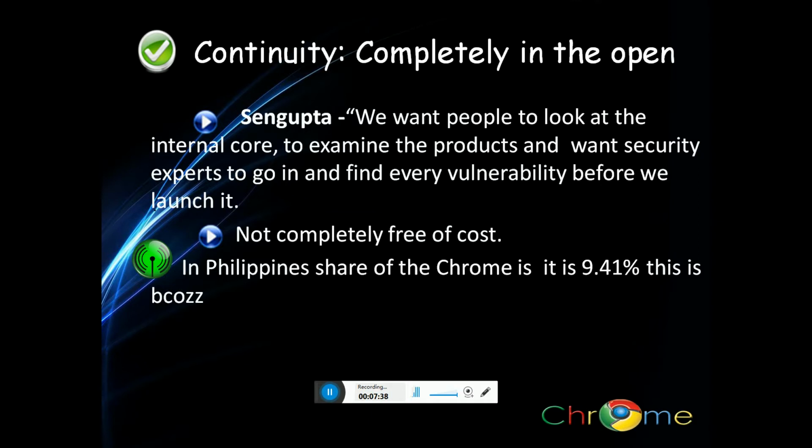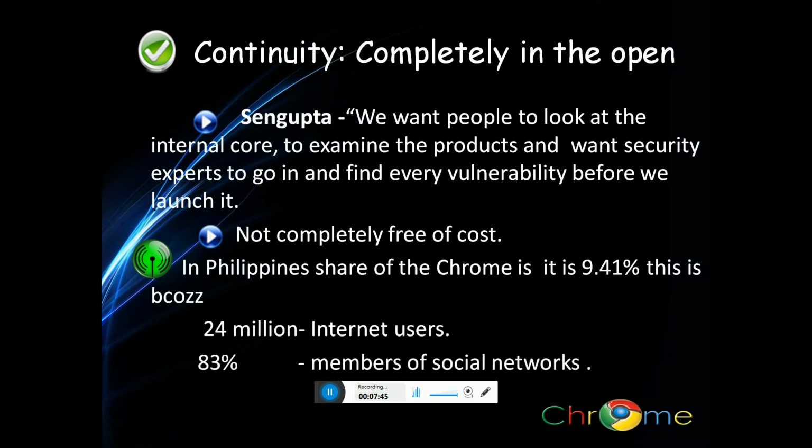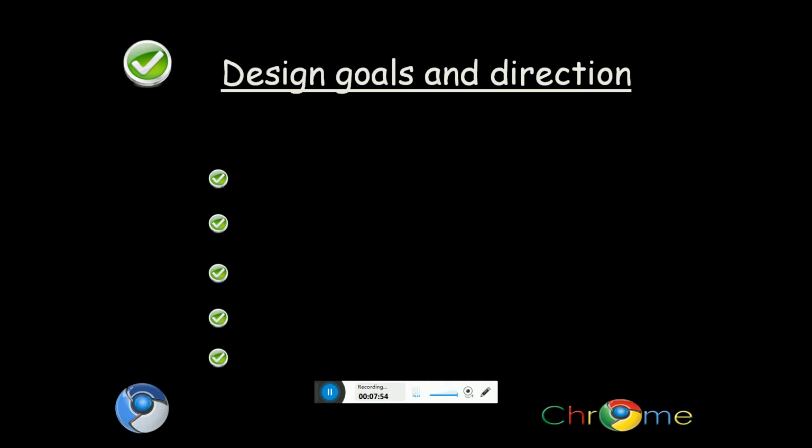The Philippines share of Chrome is 9.41% because of 24 million internet users, 83% members of social networks. This averages 1 lakh of the internet users, designing goals and directions,